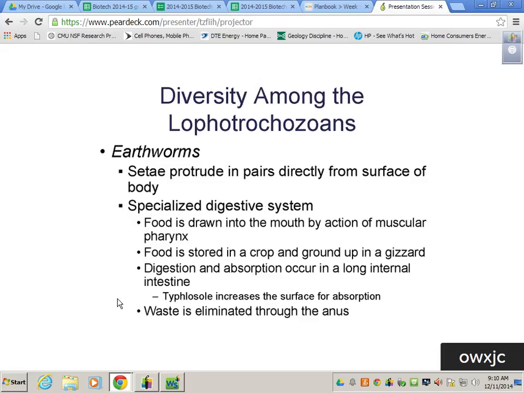The food is stored in a crop, very much like a gizzard. It actually feeds into a gizzard. And the digestion and absorption occur in a long internal intestine. Now, the only reason you didn't dissect the big part of that worm is because,